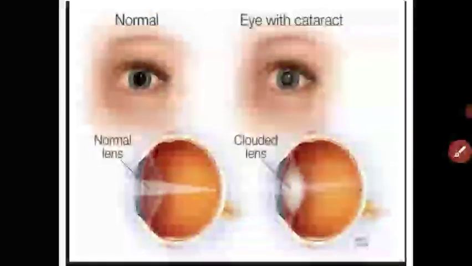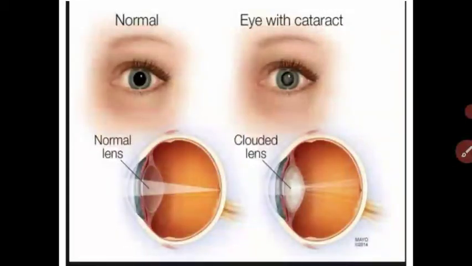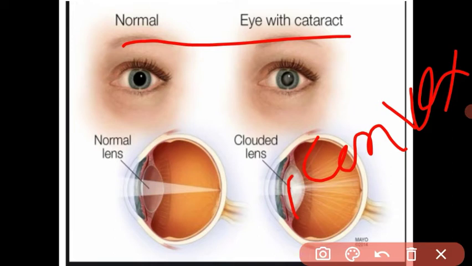Next is the cataract. You are familiar with it because in your house the old age people may be suffering from cataract. What happens in that condition? The lens becomes opaque, white, so the person cannot see. It can even cause blindness. It is the only defect that is corrected surgically. In the old days, surgically the natural lens which is present is removed, and the person uses high convex lens spectacles.